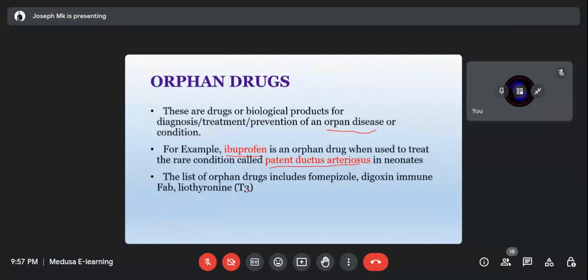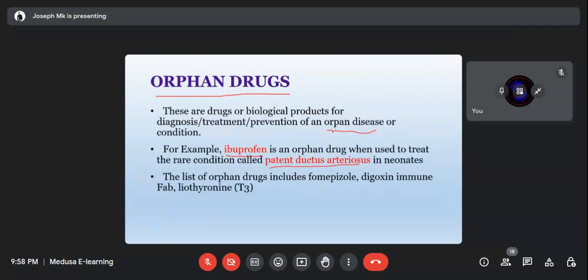What is an orphan disease or condition? An orphan disease, I said, is a rare disease. It does not usually occur. So these medicines, orphan drugs, are usually manufactured, though in fact, manufacturers do not make profit. They are not profitable because they are rarely produced, and only produced just in case an orphan disease occurs. And an orphan disease is a rare disease. It does not usually occur.